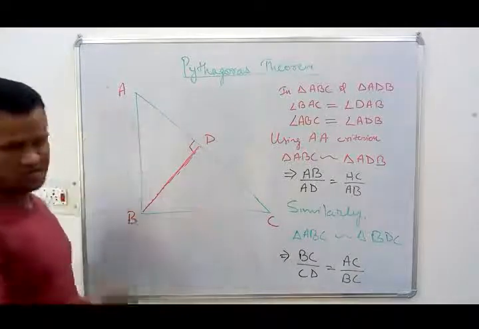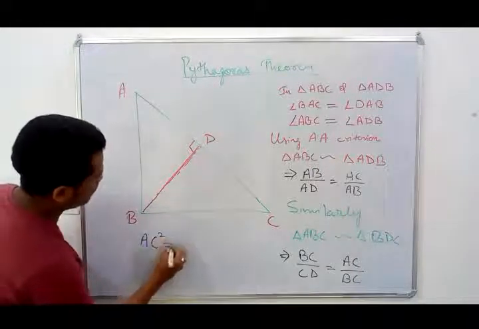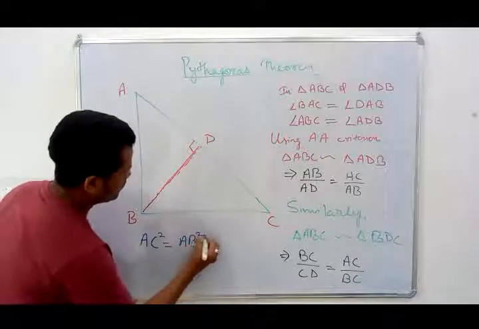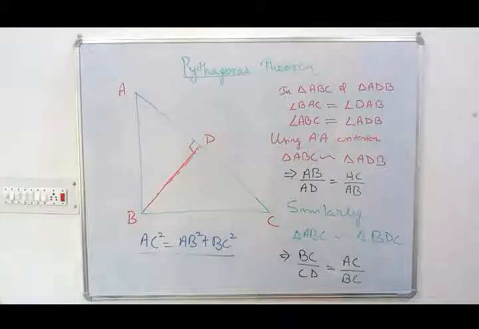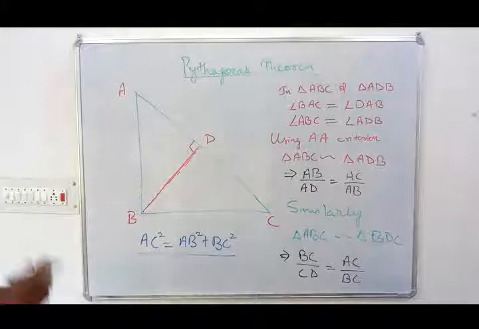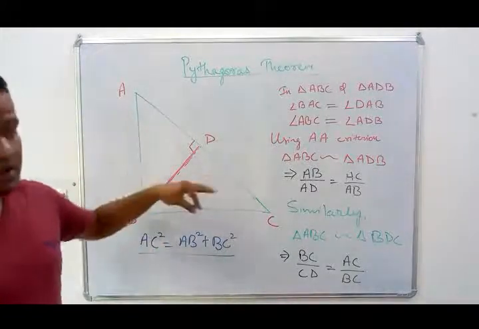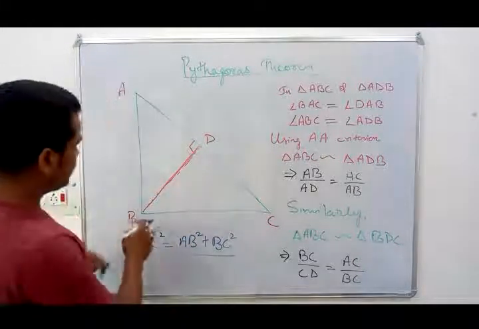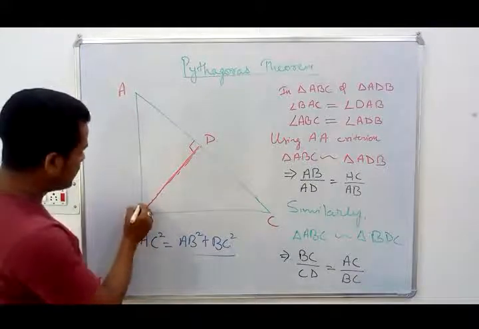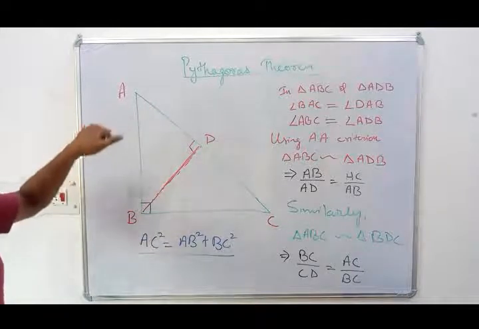Mathematically, we can say that AC square is always equal to AB square plus BC square. Now in standard 10 we need to prove the same thing using the property of triangle similarity. Under this we need to show that there are some triangles which are similar to each other, and this theorem is totally based on a very small concept: if we draw a perpendicular from the vertex of the 90-degree angle, this vertex B is the 90-degree angle in this right angle triangle,